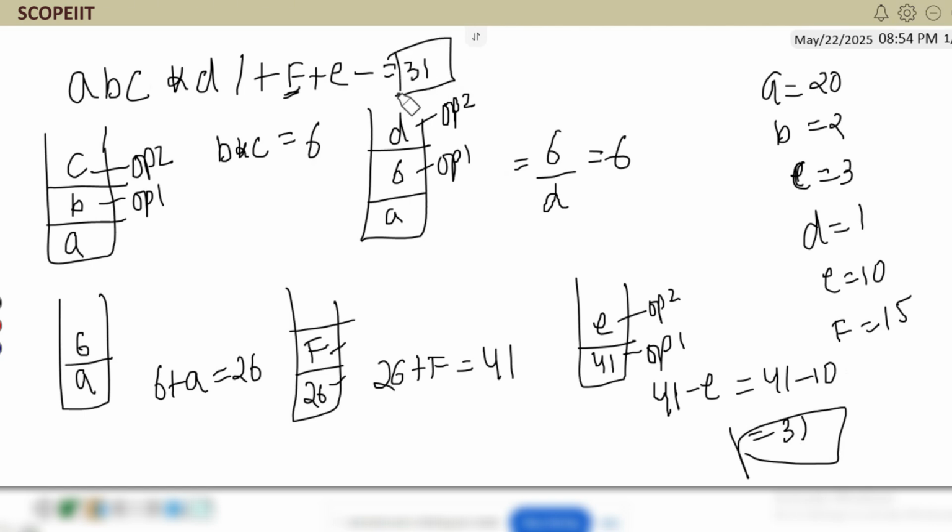I hope it's clear how to perform this evaluation of expression using a stack. This is a very important question for any university exam, BCA, MCA, computer science engineering, or even if you're preparing for the UGC NET, GATE, SET exam. So this is a very important question. You can expect 5 to 6 marks from this.